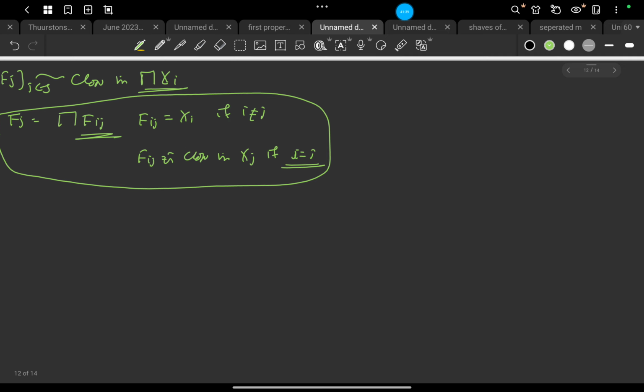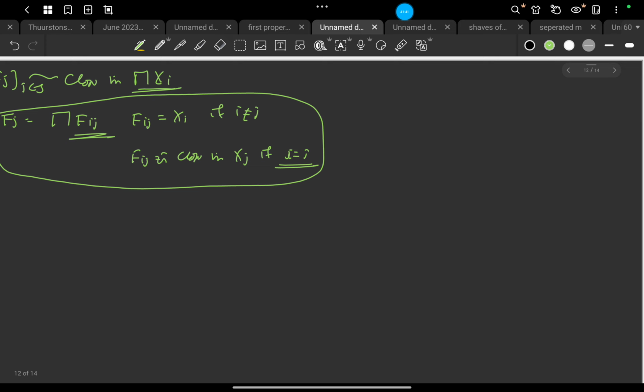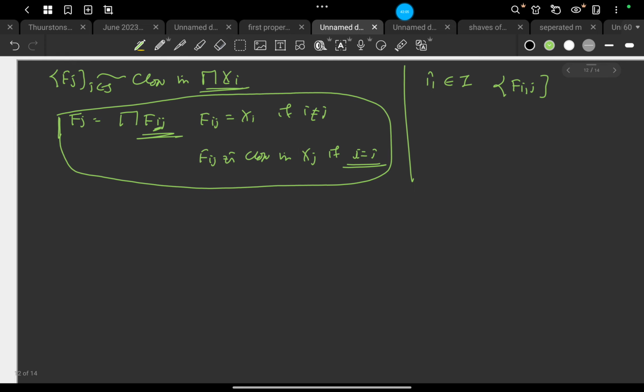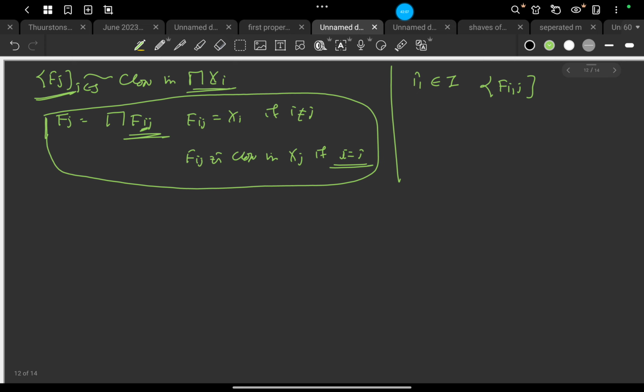Now for any, let's say, i1 belonging to capital I, you just fix this previous notion of small i and consider this collection of F_i1j, a class of closed subsets. Remember that this collection has the finite intersection property.